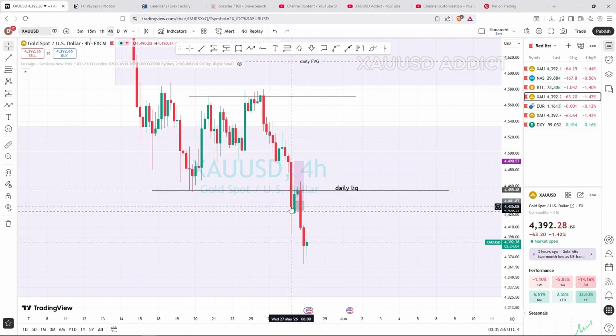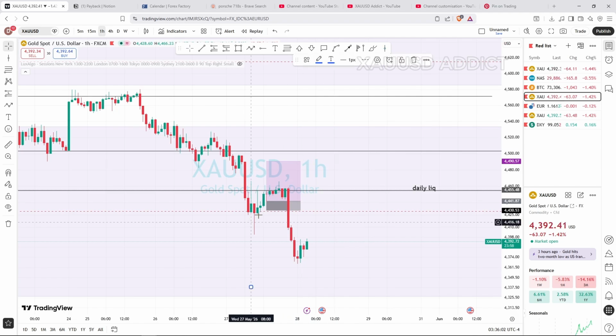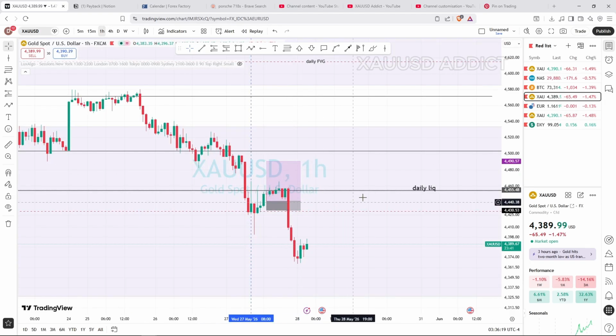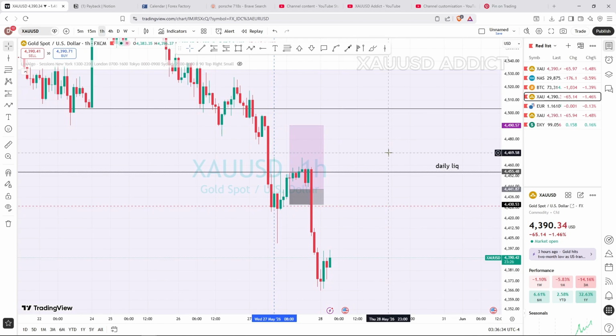Let me first mark where the New York session was starting, that is 8:00. So you can see what was happening. This was where New York session was starting, but you can see the selling pressure that is here. So we should go to the 1-hour time frame and look for what? We should look for a bullish engulfing candle, or 2 bullish candles, or 3 bullish candles, so that we can have confidence that we can now buy. If we don't see those, then we are out of the charts. We are not buying. And what happened at 8?